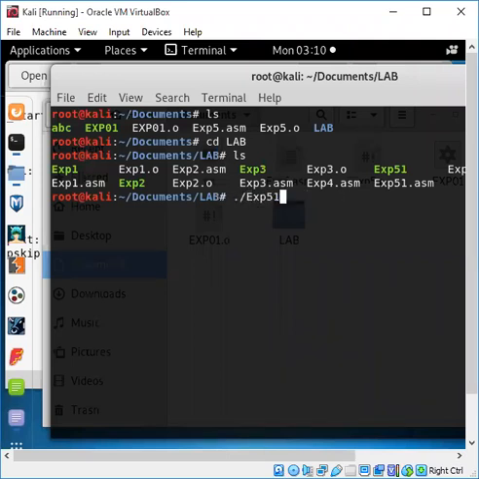Okay, so we'll compile first with the name, I think here we are given ext51.